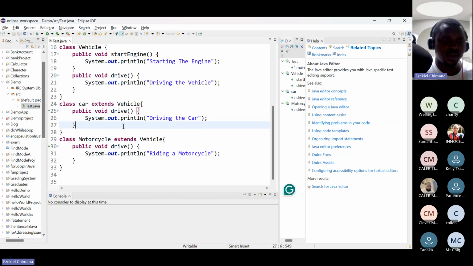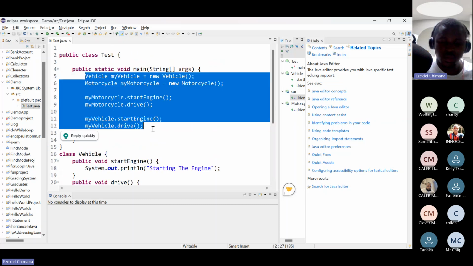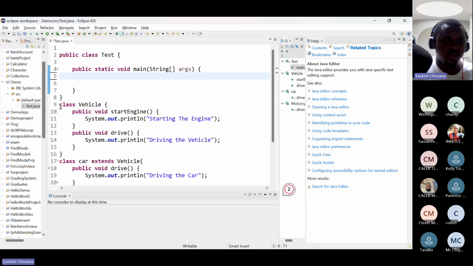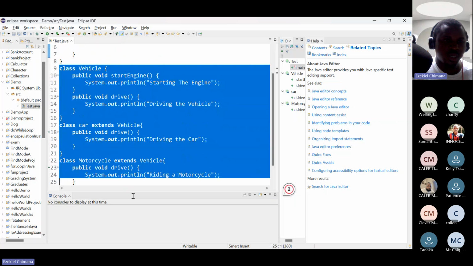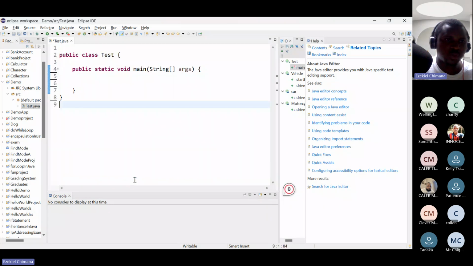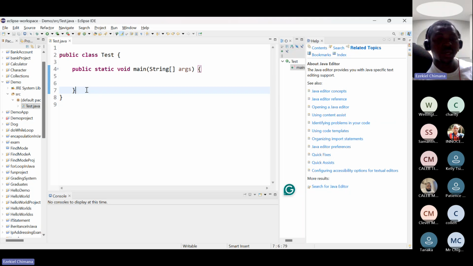It's not this one, but we can still make use of this. Allow me to take out all these classes. Yeah, sure, we are good to go. Okay, so when you are talking about encapsulation,